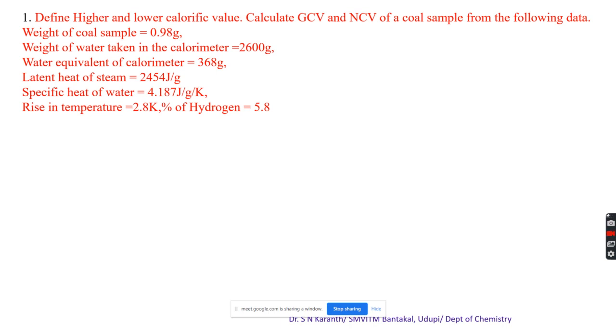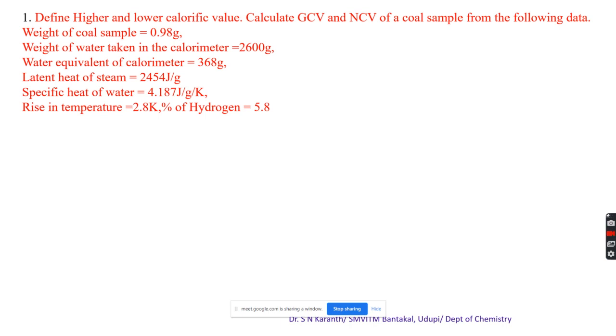This higher calorific value is also called the gross calorific value. Higher calorific value, gross calorific value. And NCV, that is the net calorific value of a coal sample, from the following data. They'll give some data. In that, they give the weight of the coal sample, or the quantity of the sample